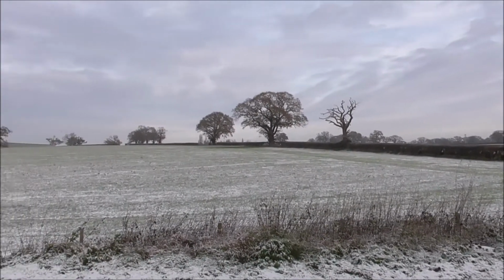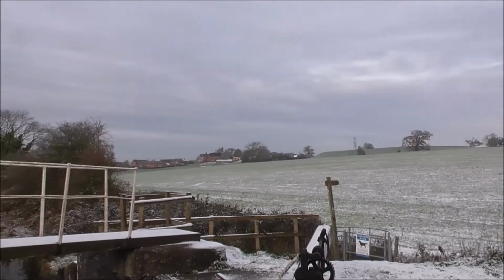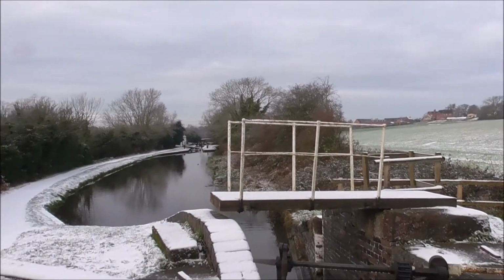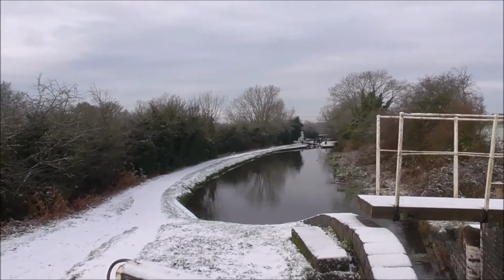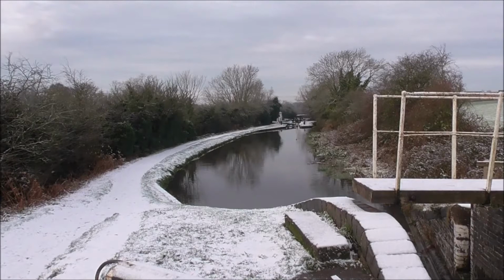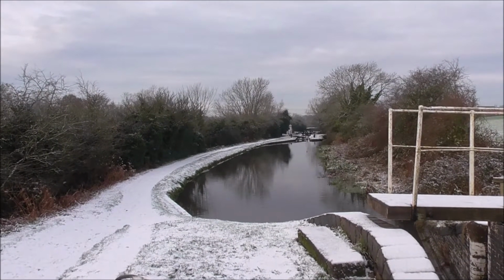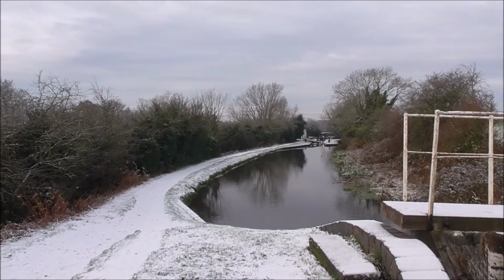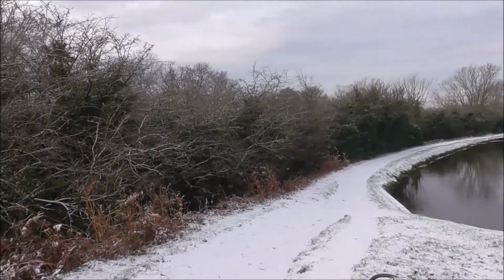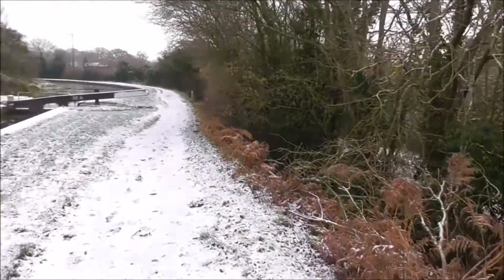There you go. Don't know if you can make it out. It's a little duck or moorhen, I think, swimming down there. I bet he's cold. Yeah, so this is what it looks like